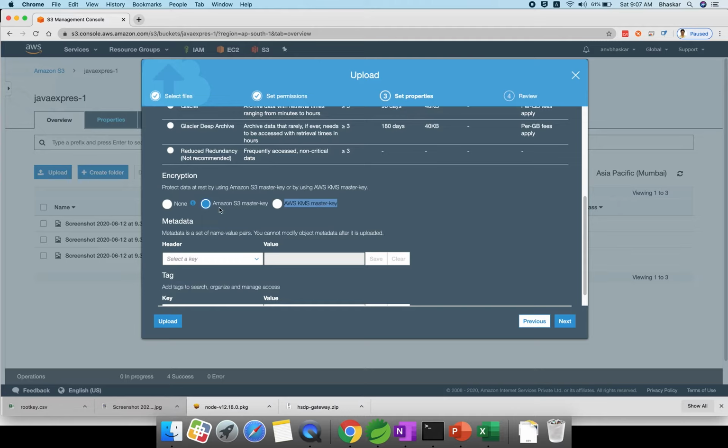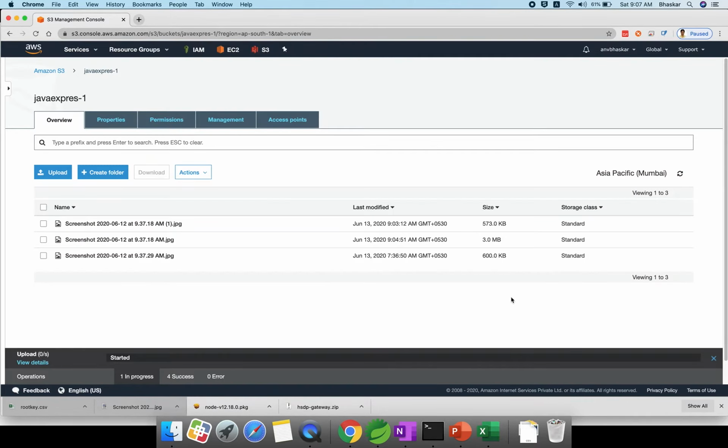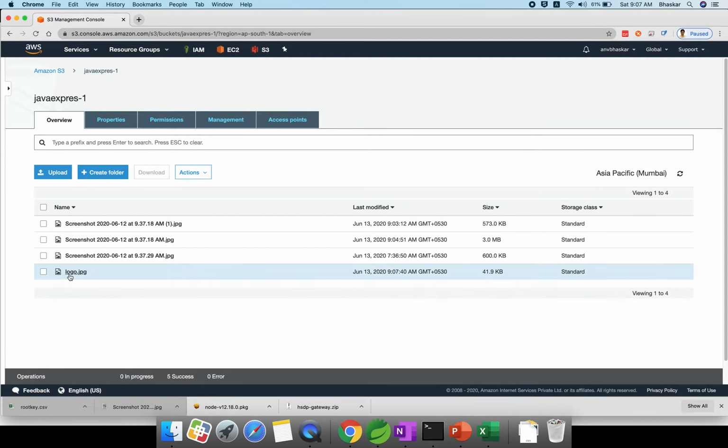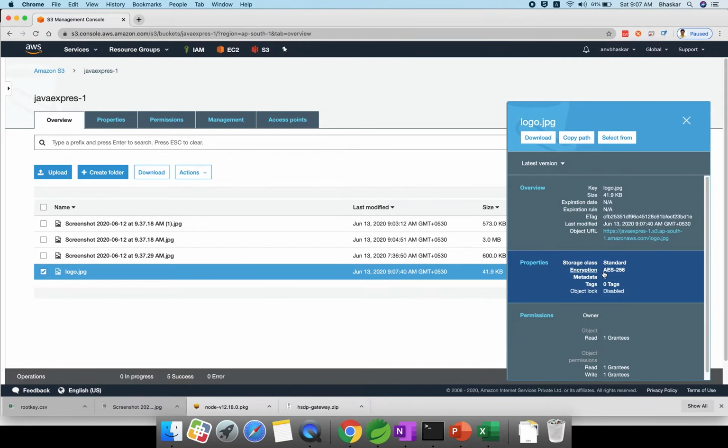Okay, I can go upload, I can say next and finish, but I want to explain very clearly for you to understand more. Now AWS S3, just click next. If you upload, this is one more way, AES-256. We saw three ways: one at object level, one at bucket level, and third, while uploading the file you can give an option for AES-256. These three ways you can perform. There is one more way by using the CLI, that is very easy, but we have not started the CLI yet, so I'm not explaining it.